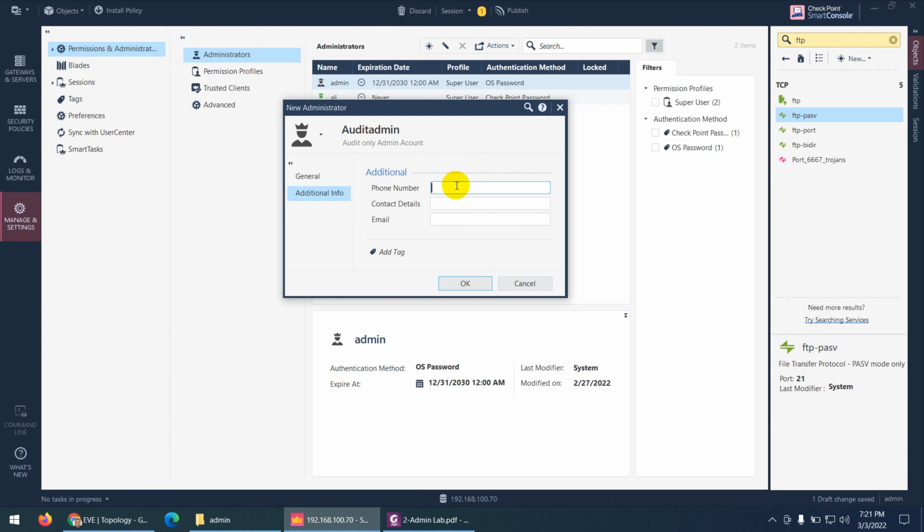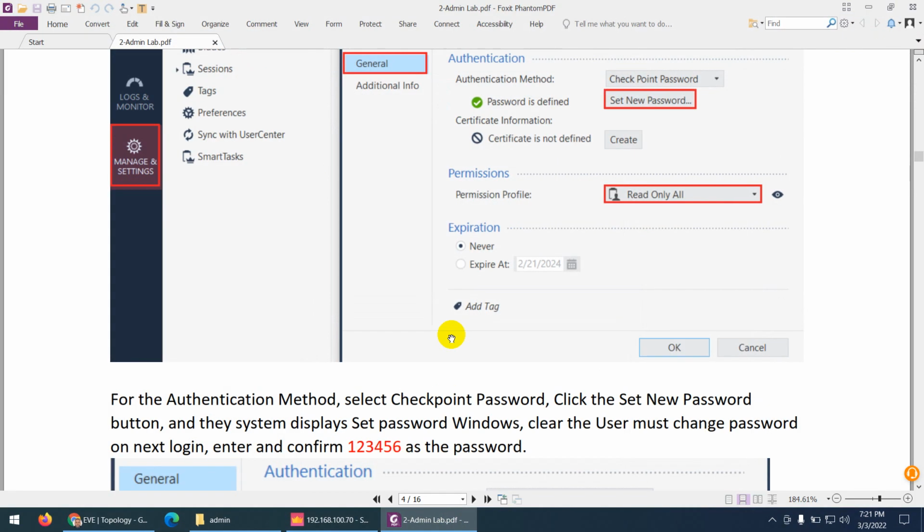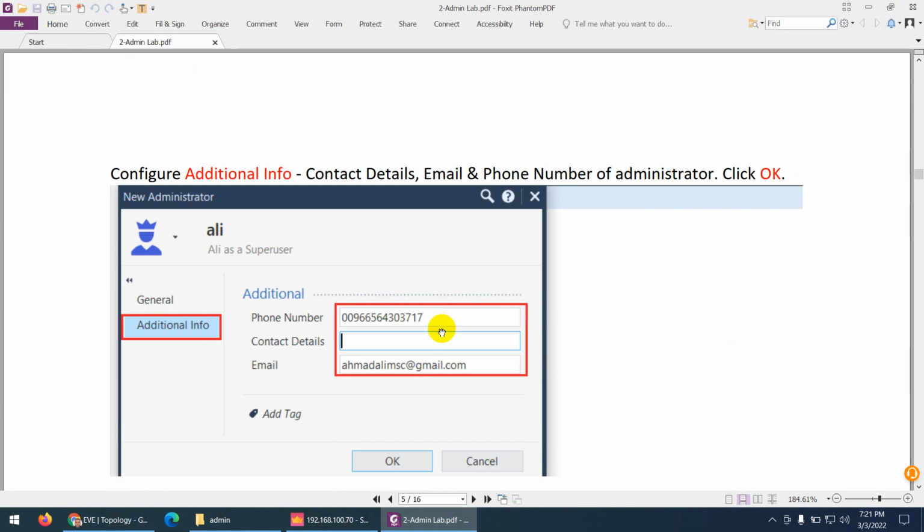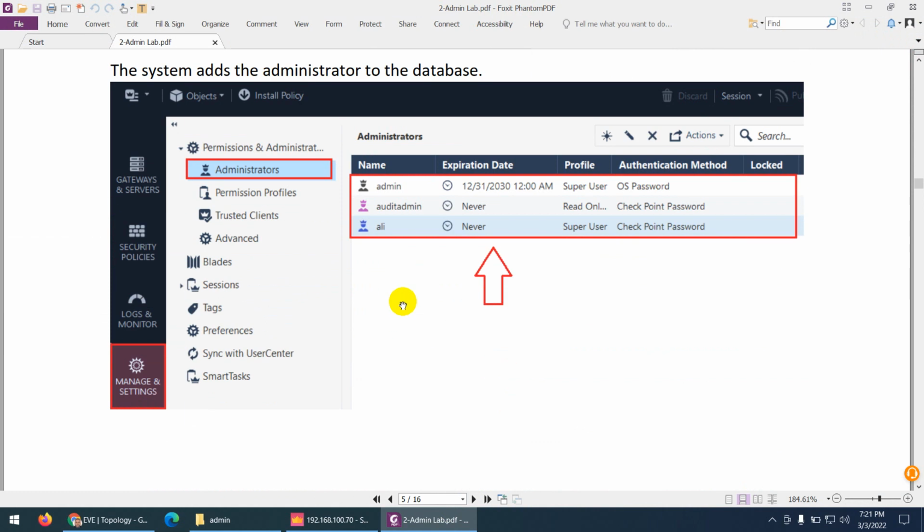And here you can type whatever you like, 056 430 3717 and gmail.com, and whatever you like you can type here, and that's it. Our audit admin is done. Now the third user which we say we need to create is